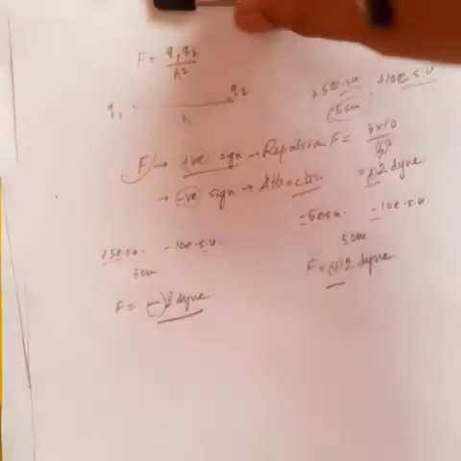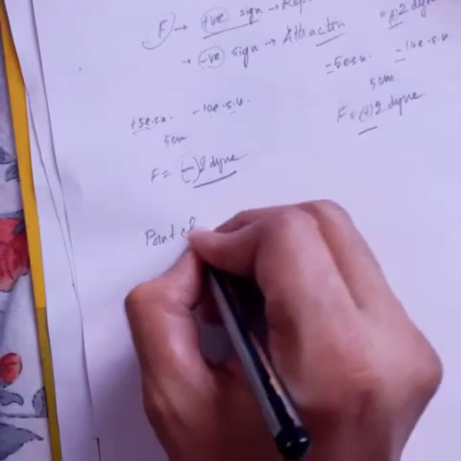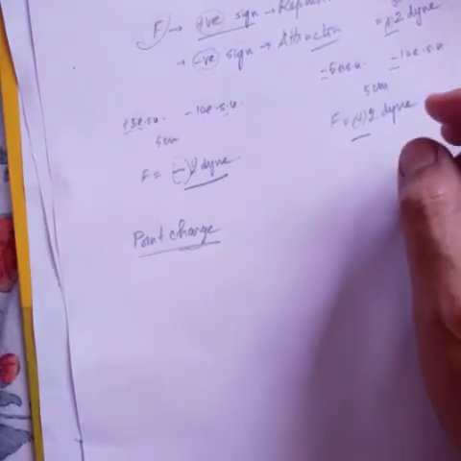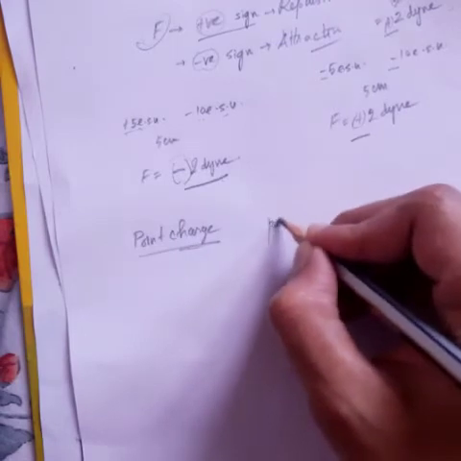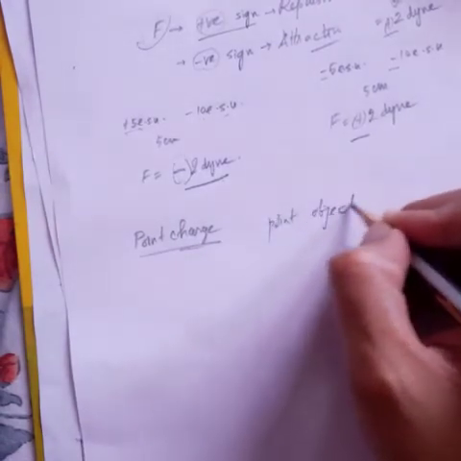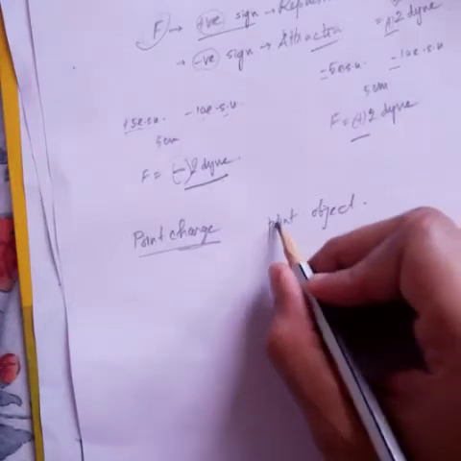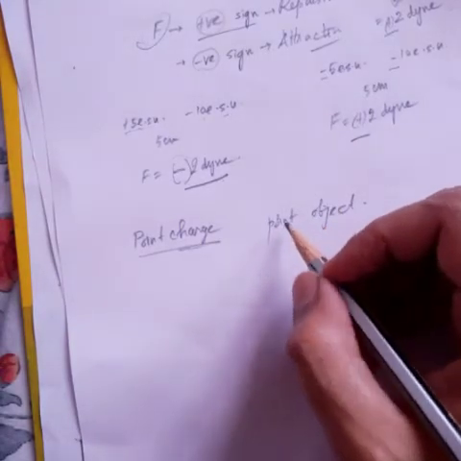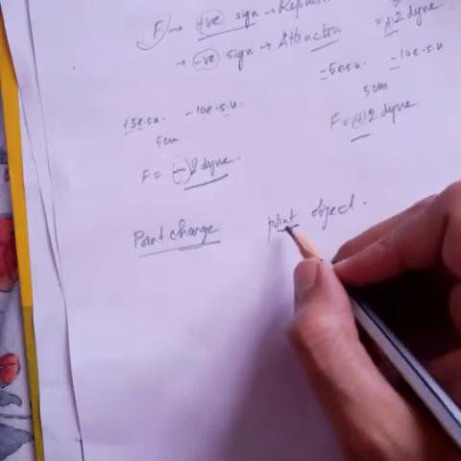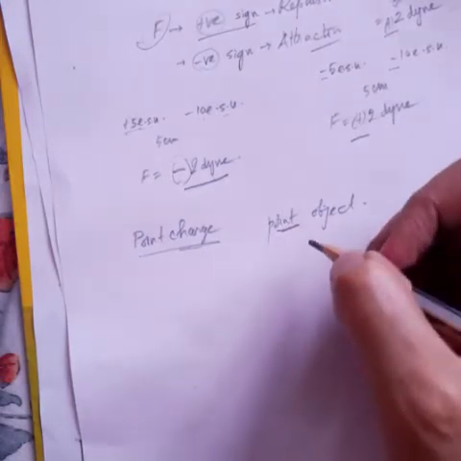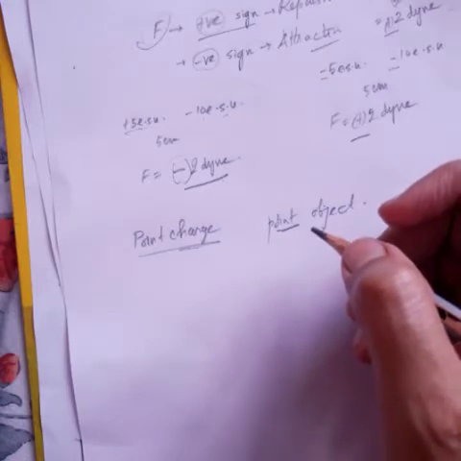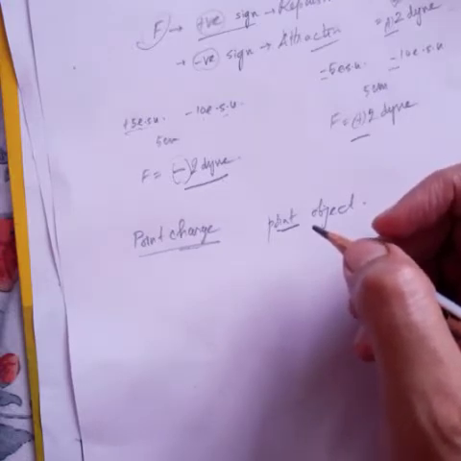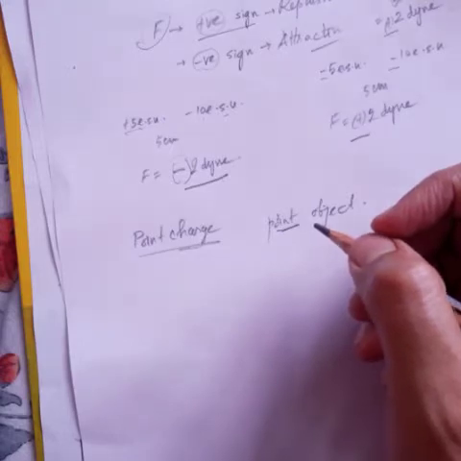Okay, now what do you mean by point charges? Point charge is actually a theoretical concept. Practically it is not possible, because a point charge is defined as any point object that has got certain charge. But practically there is no particle that can exist which looks like a point, because a point is defined in geometry as an entity which has neither any height, nor any depth, nor any breadth, nor any length. So that is practically not possible.